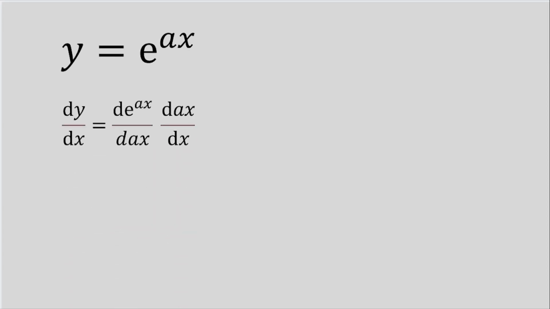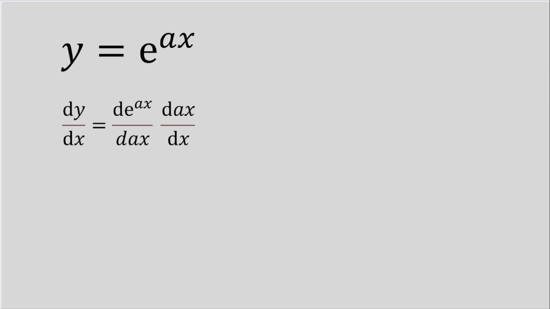So let us differentiate this function for the first derivative. We get e power ax times d(ax) by dx. So what we evaluate from here is this. If we differentiate the first part of this function, it will always be e power ax. So the e power ax will not change. What will change here